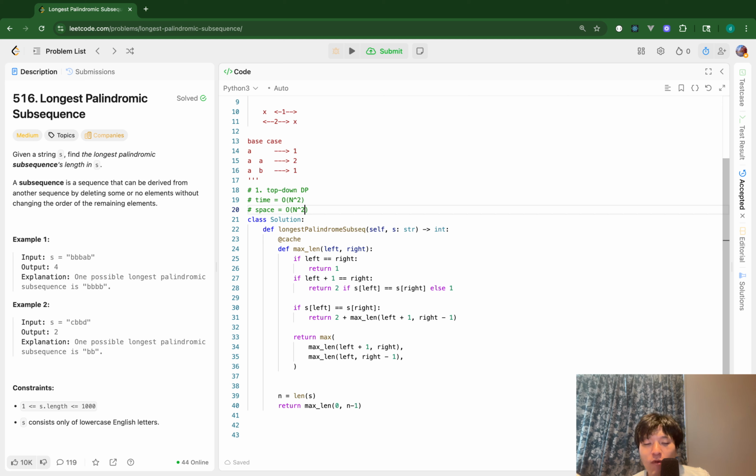The only data structure which is not constant space is the cache. For this cache, the key should be the tuple of left boundary and right boundary, and the value should be the integer length. So there should be n squared key-value pairs. So the space complexity should be n squared. Yep, that's it. Okay, now I work on the second approach,